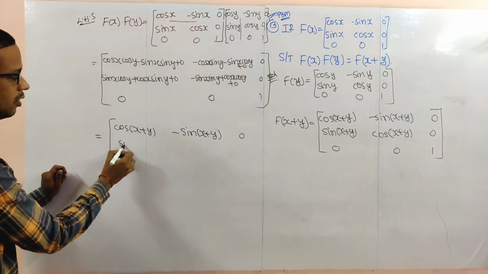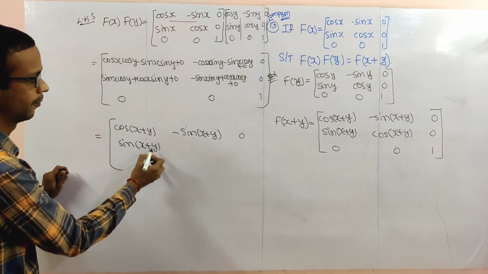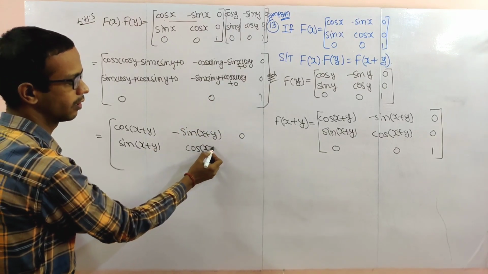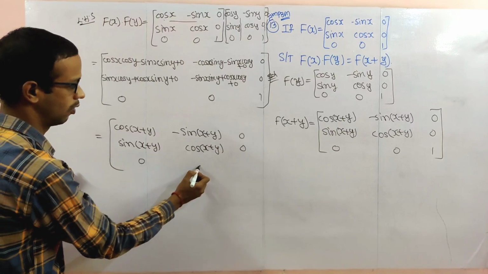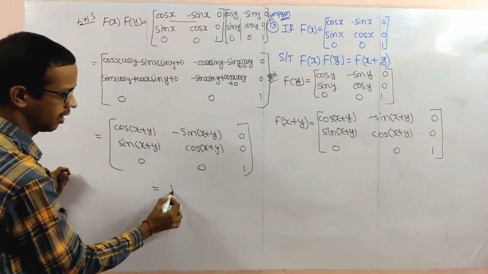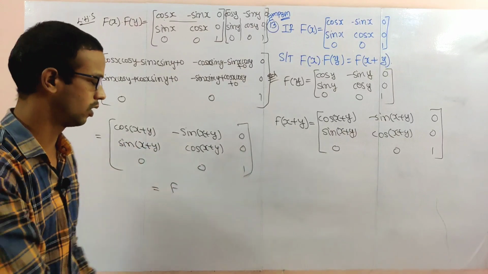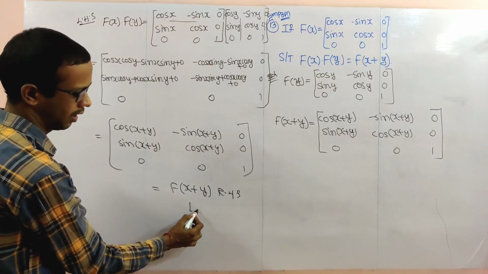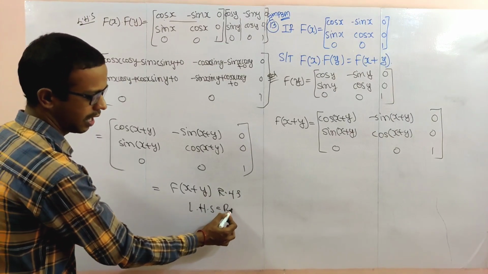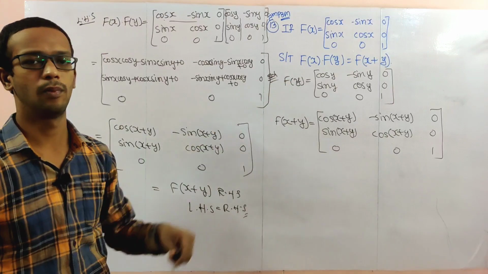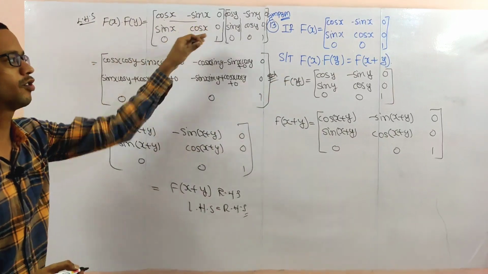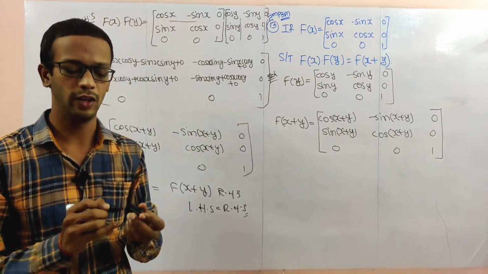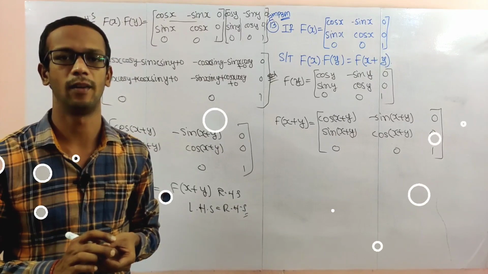So now this formula also, sin of x plus y. Next here, cos x cos y minus sin x sin y, cos of x plus y, 0, 0, 0, 1. You observe this is nothing but, we already know this value, that is f of x plus y. This is RHS. LHS is equal to RHS. So hence proved. Here multiplication properly we have to make. Very, very important: row by column method we will use for the matrix multiplication.